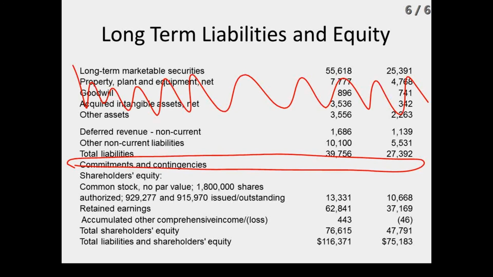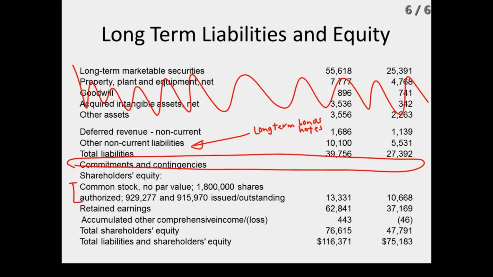Okay. Then the last, and the reason Apple's not that interesting is there should be normally in this section like long-term bonds or notes, and it's just Apple has so much money that they didn't need to borrow any. So they don't have any long-term borrowing, but most companies would. And then you've got the equity section. That's usually fairly simple and fairly short.